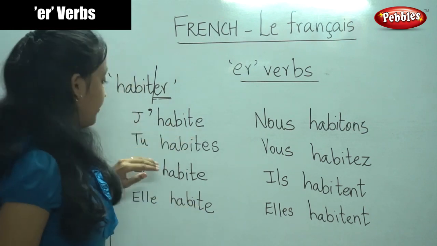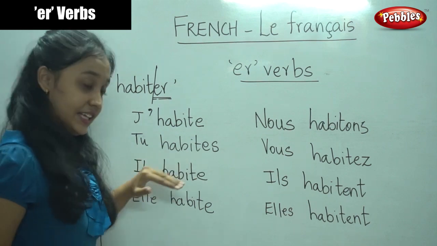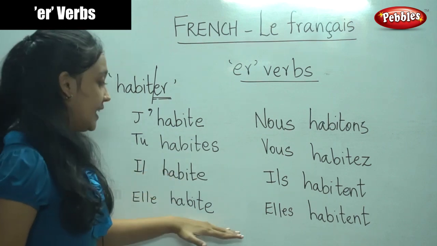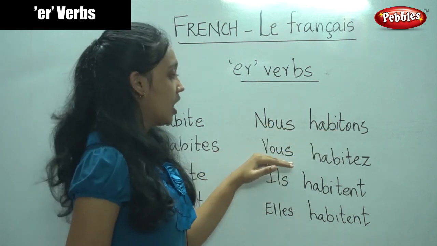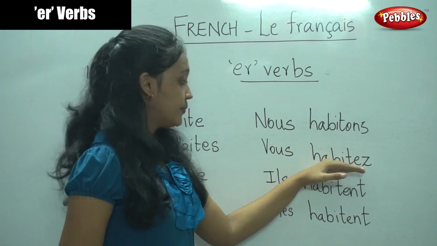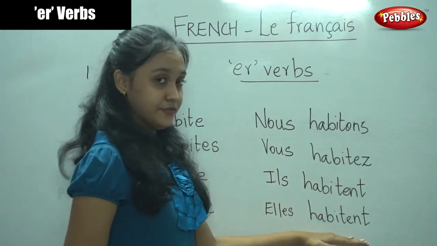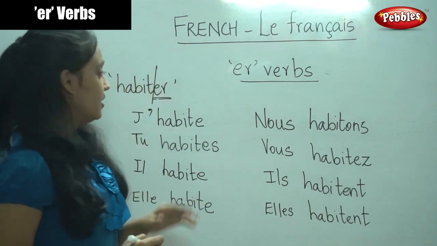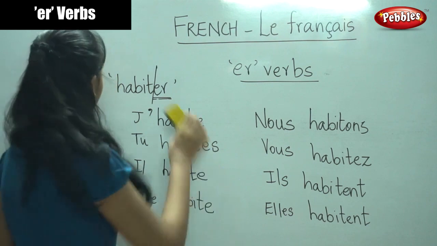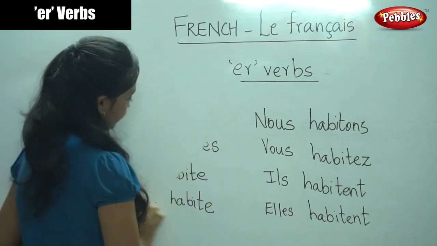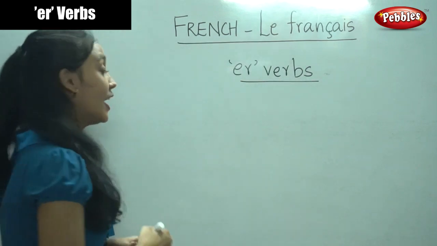So, when you translate this in English, what would it mean? I live. You live. He lives. She lives. We live. You live. They live. They live. So, do you understand the conjugation of the word habiter? Let us move on to the next verb, which is aimer,